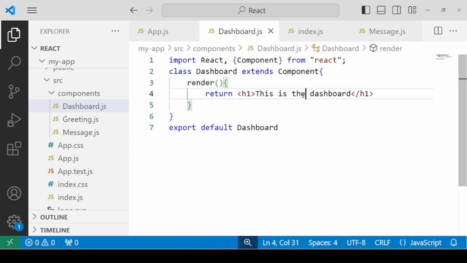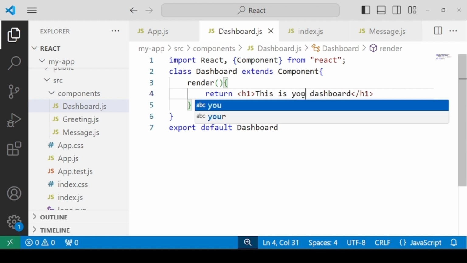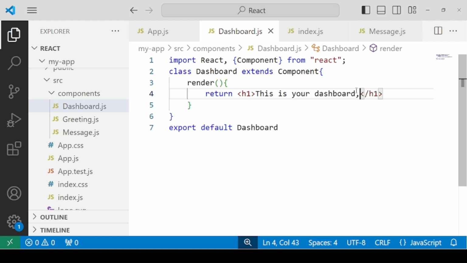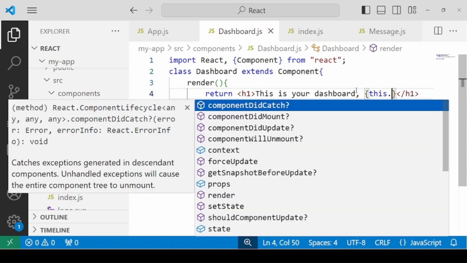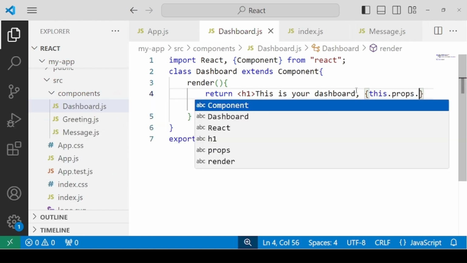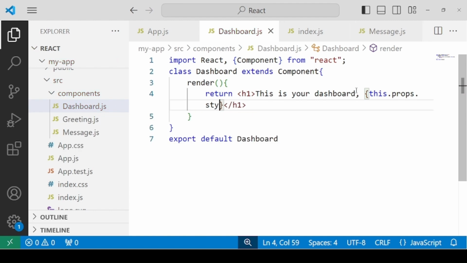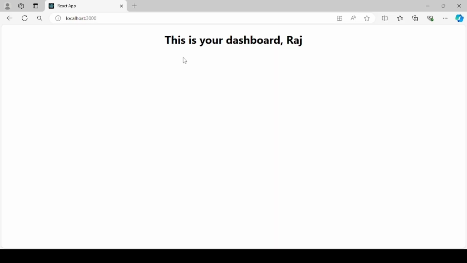Let's say I'm going to print the message, this is your dashboard, comma, and the name of the student should be rendered. For rendering the props, you are required to use the this keyword: this dot props, and then the property, that is student name. So let's take a look at the browser. You see, this is your dashboard.